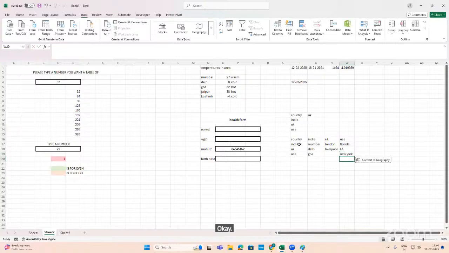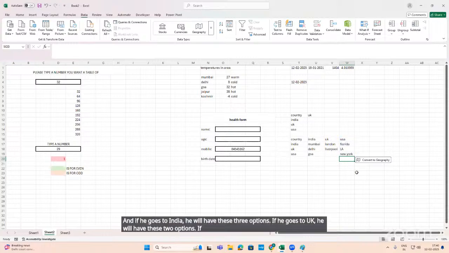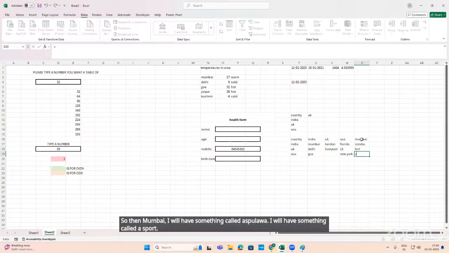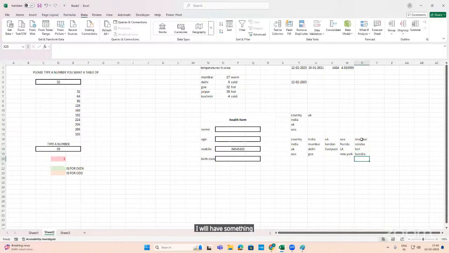So the user first is going to be having an option from India, UK, USA. And if he goes to India, he will have these 3 options. If he goes to UK, he will have these 2 options. If he goes to USA, he will have 3 options. Now suppose from India, he did select the option of Mumbai. So then under Mumbai, I will have something called Colaba. I will have something called Fort. I will have something called Bandra, and so on. Okay. तो आप जिस हिसाब से लिस्ट बनाना चाहते हो,